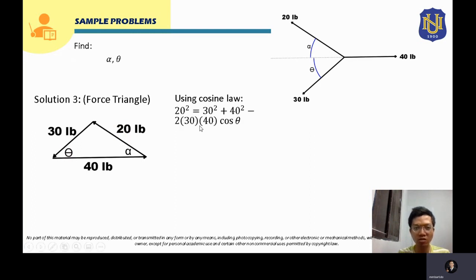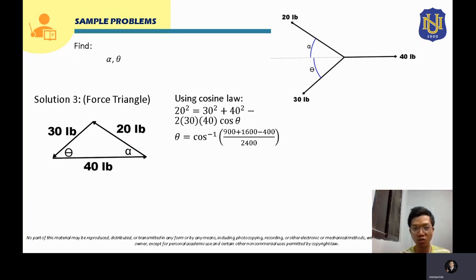So using cosine law, that will be 20 squared is equal to 30 squared plus 40 squared minus 2 times 30 times 40 times cosine theta. So we can solve for theta here. Solving for cosine theta, it will just be arc cosine of 900, that is the 30 squared,